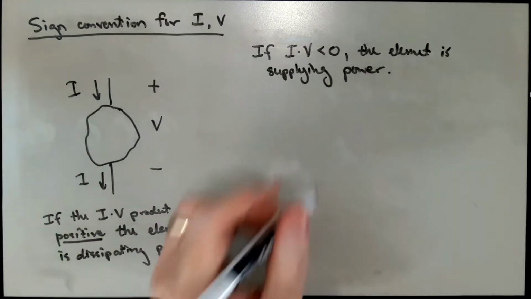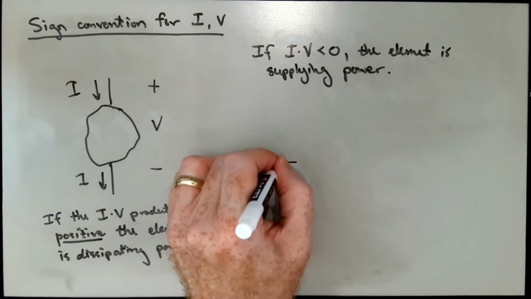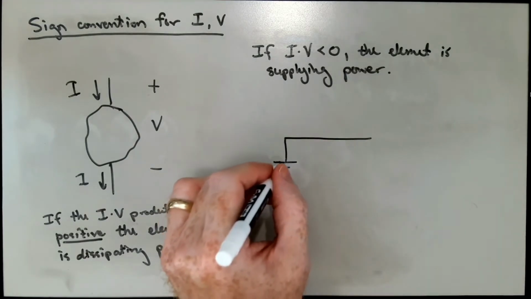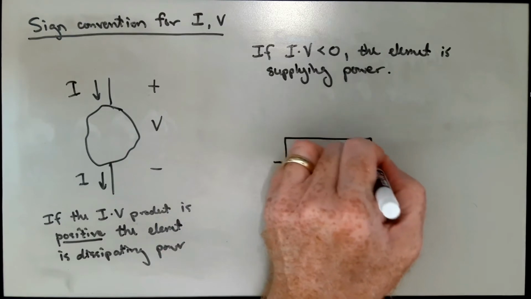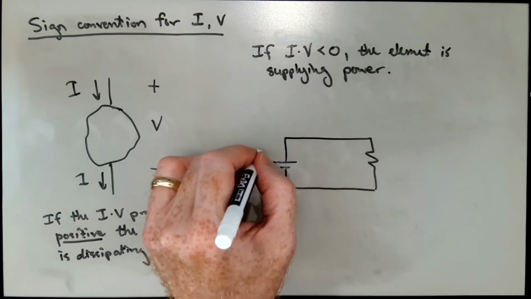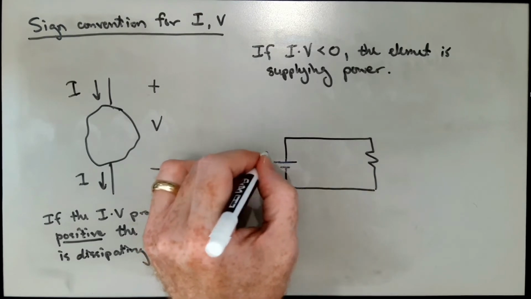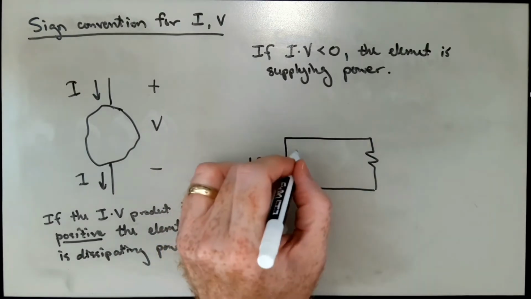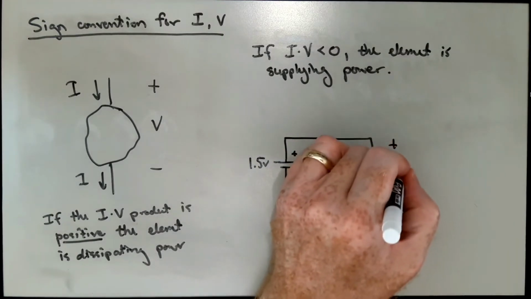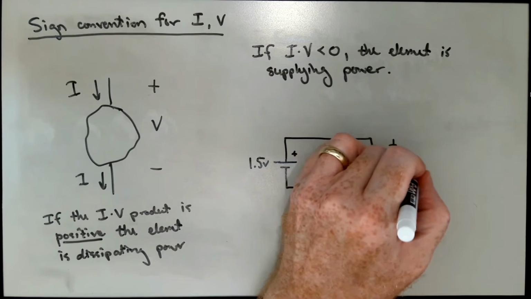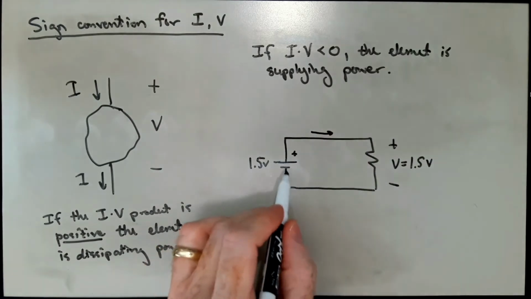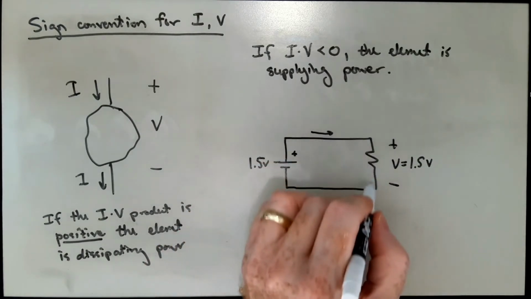Okay, so we could draw that example here. We haven't talked about the symbols of these things, but if we have a battery, which is symbolized by this sort of short line and long line that are in parallel with each other, connected across a resistor, which is denoted by this funny squiggle, there's some, let's say 1.5 volts here. The positive side is denoted by this longer lead, and there would be 1.5 volts across the resistor. The current would flow in this direction out of the positive terminal of the battery and through the resistor and then back